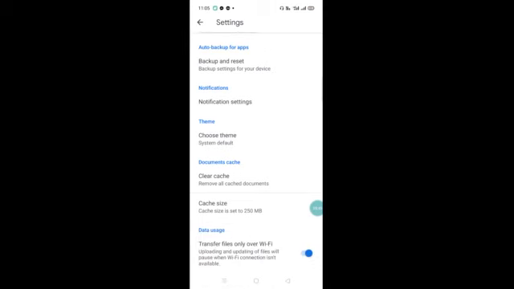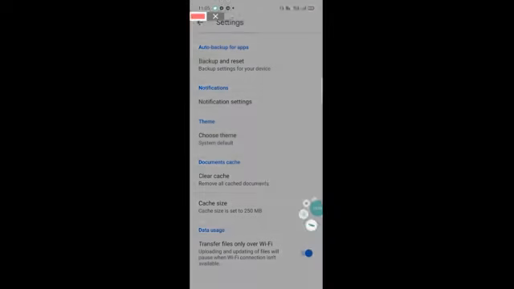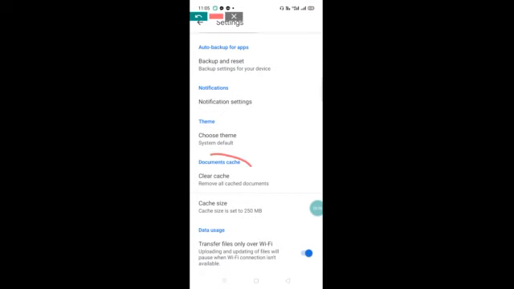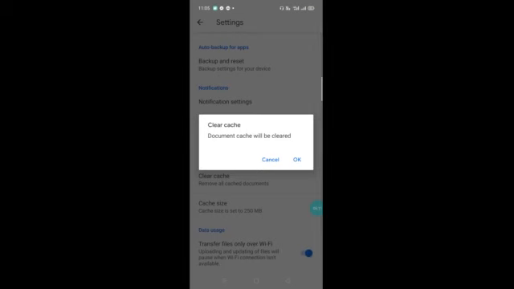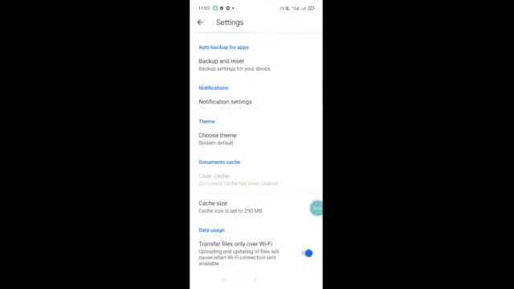Now there you will see Document cache. You have to remove all that cache data, whether it is files or images, all of it. So I am going to click on this one. As I click on that, it will ask me, do you want to clear your cache documents? You will say yes, okay.